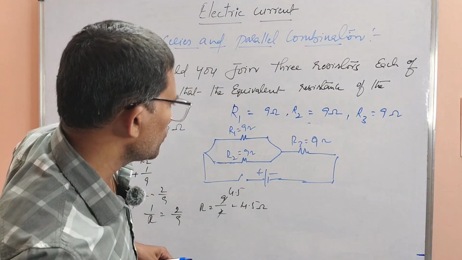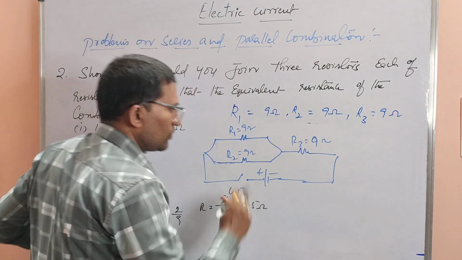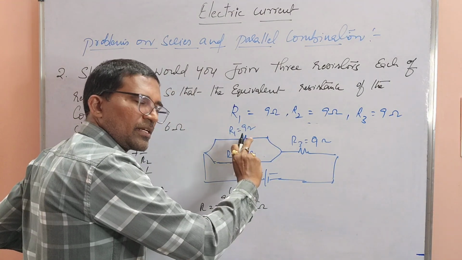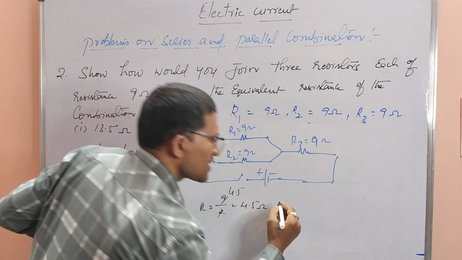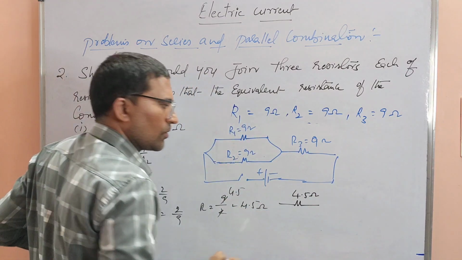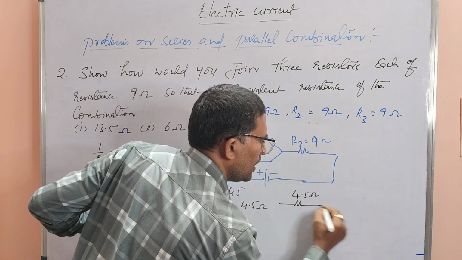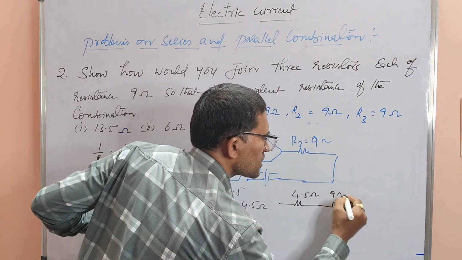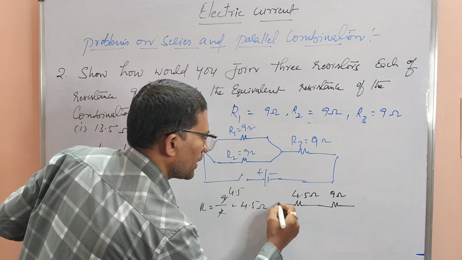Now I am going to compress the circuit. These two resulting resistances, I will make into a single resistance. This is 4.5 ohm. And another resistor is there, how much? We already have 9 ohm. Okay, then